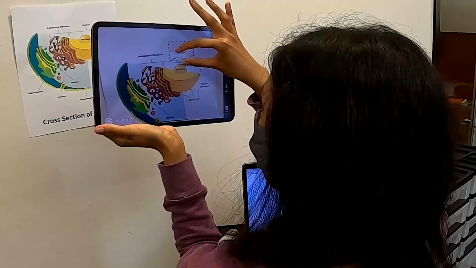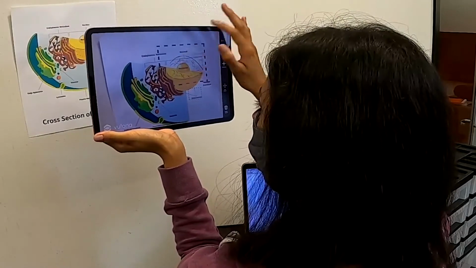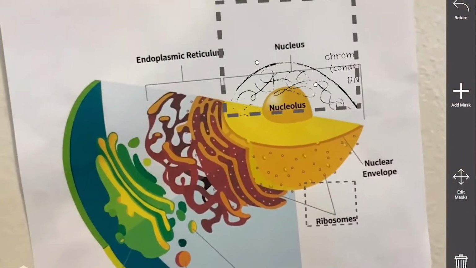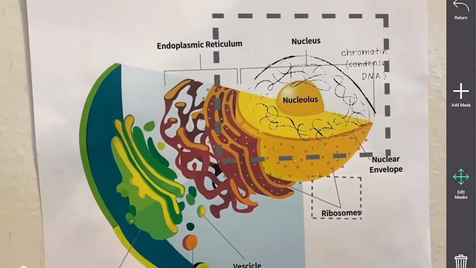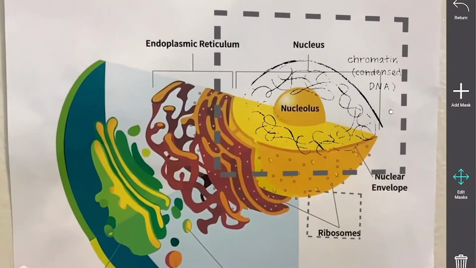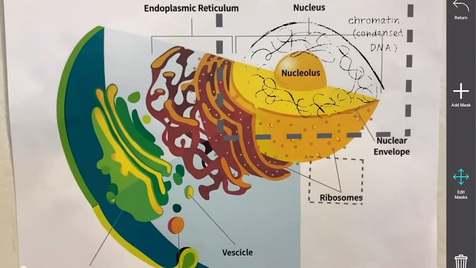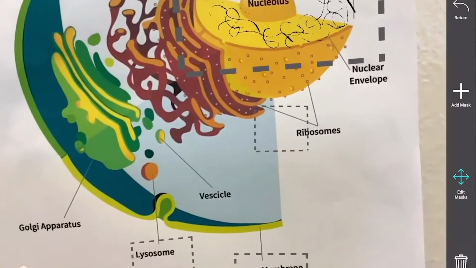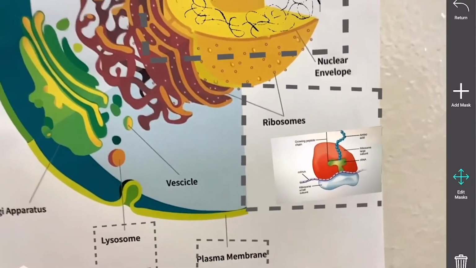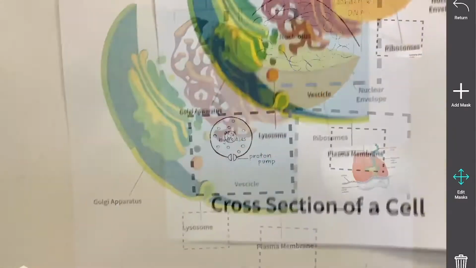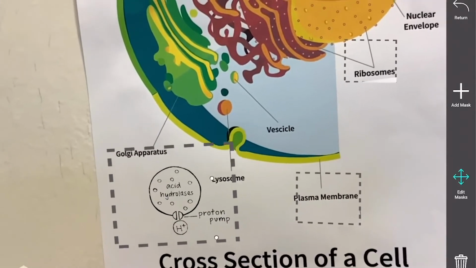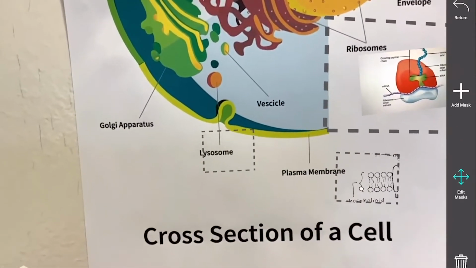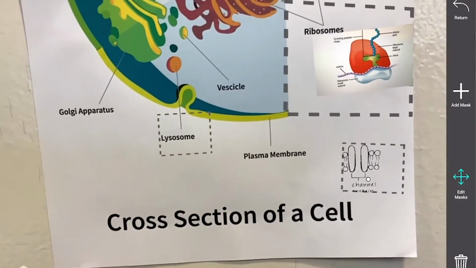This biology poster demonstrates the use of clipping masks, which can be used to selectively hide and show content. Here, an instructor enhances an existing poster in their classroom, illustrating the cross-section of a cell. To explain the function of specific organelles, they augment the poster with hand-drawn sketches, digital photos, and even animations. When students inspect the poster using an iPad, they can expand the clipping masks to zoom into a particular organelle and view details about its function.